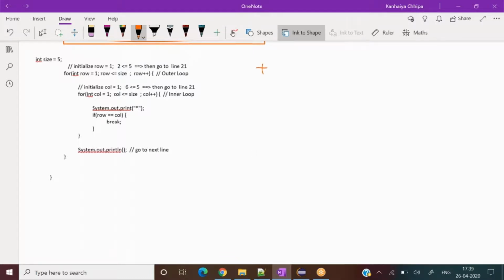Let me draw the output. 1, then 1 2, 1 2 3, 1 2 3 4, 1 2 3 4 5.